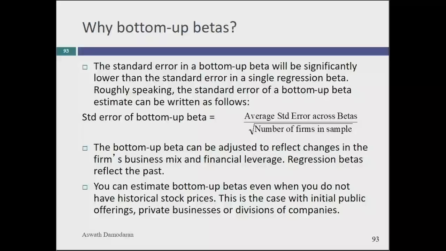So if he tells me that he's going to be in the casino business tomorrow, not a problem. I'll bring it in because I know the beta of the casino business, and I'll bring it in as a weighted average. If he says, I plan to double my debt next year, not a big deal. I'll bring that debt in. It allows me to be proactive. I'm no longer a victim of a regression beta that showed up on a Bloomberg beta page. I set the terms. And third, if I ask you to value Airbnb,